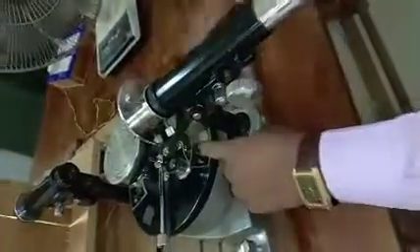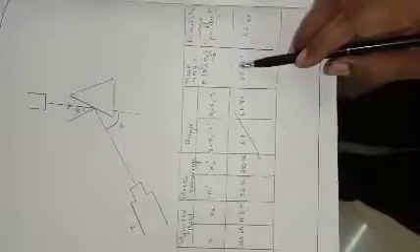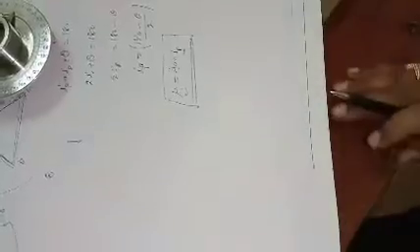Take the direct reading, again V1 and V2, which I have called X1 dash and X2 dash. The difference between X1 and X1 dash gives theta 1, and between X2 and X2 dash gives theta 2, and the mean of these two is taken. That gives the theta value, not the IP value. Once you know theta, IP can be calculated as (180 minus theta) divided by 2. Once you know IP, mu can be calculated. Mu is equal to tan IP. Hence the refractive index of the given prism can be calculated by Brewster's law. Thank you.